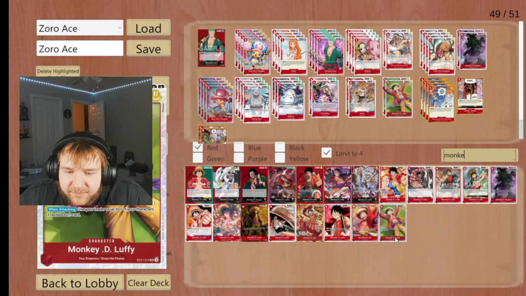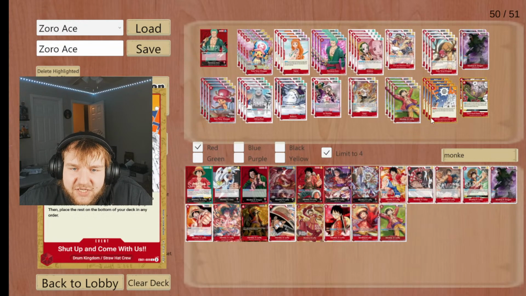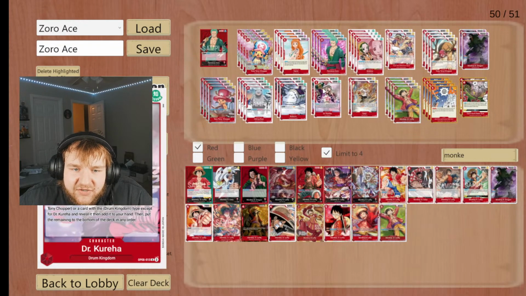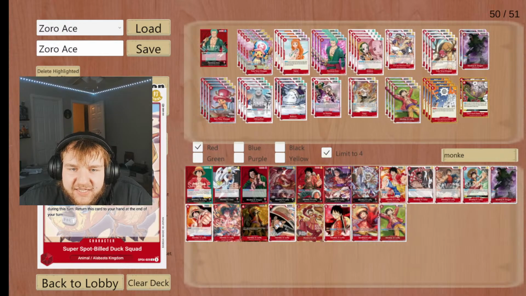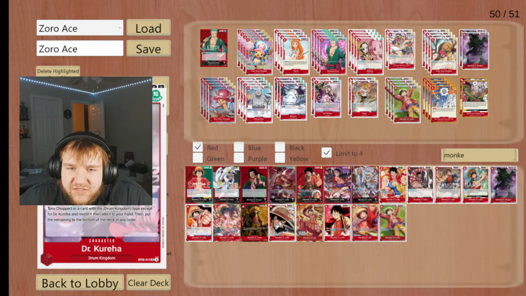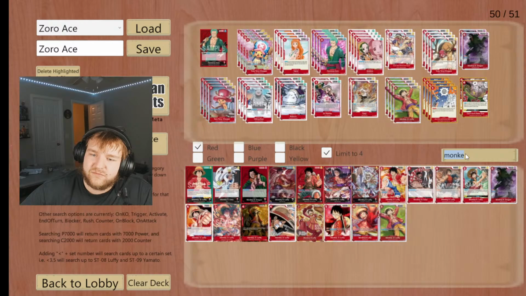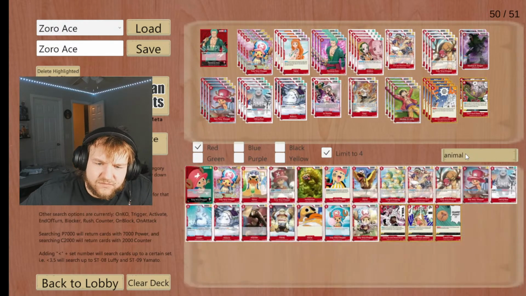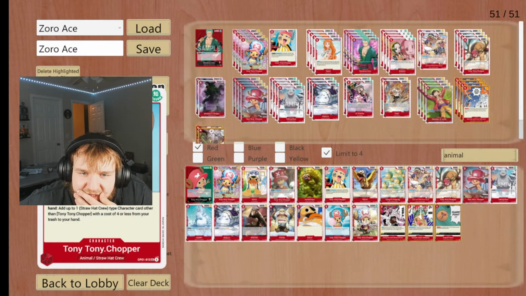Man, if I could type. Diomble Jambe, I don't like it. I don't think it's necessary. I'd rather have more animals in this deck list. This deck list in general is just weird. This deck list is interesting. Let's do